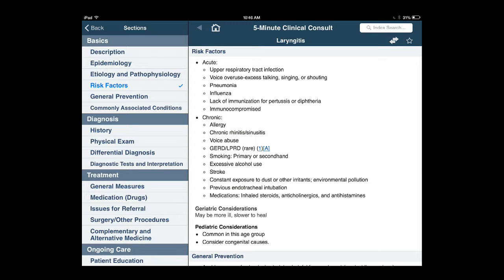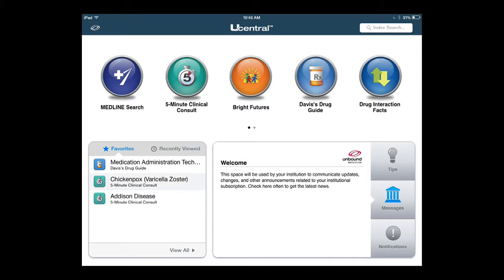All right, when you go home, you will see that you have a row of icons at the top of your page. So the first one is a Medline search. This is for your publications, and you can look up information just for general knowledge. The applications that you'll use in the clinical setting and for your general knowledge for use for patient care